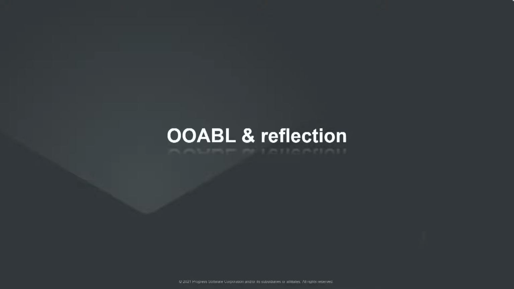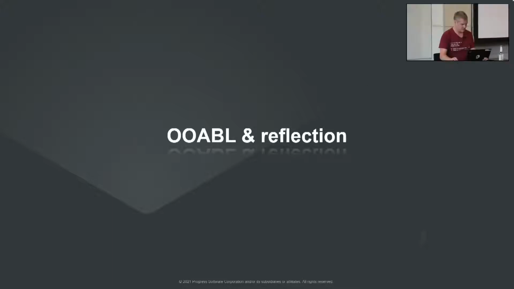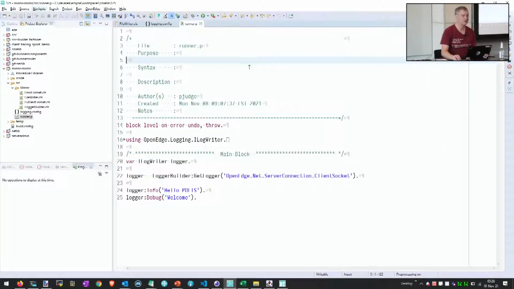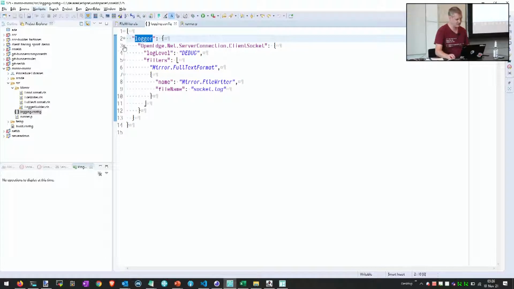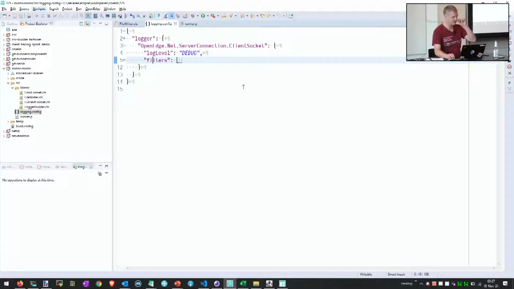All right, so before we go any further, I'll attempt a little demo. I am historically awful at doing demos, so I apologize in advance for it failing, because it's almost likely to fail. The first thing is we're just going to read this config file. This looks very similar to what we saw earlier. The names are slightly different. We have this object, and then we have another object inside it with two properties, filters and log level. This is taken from our logging infrastructure. This is what the file looks like. And so we do pretty much this stuff to read the JSON in and set object values based on the JSON values generically.